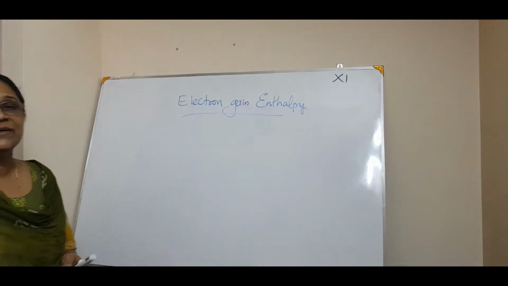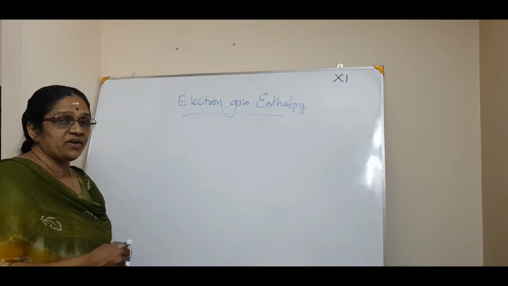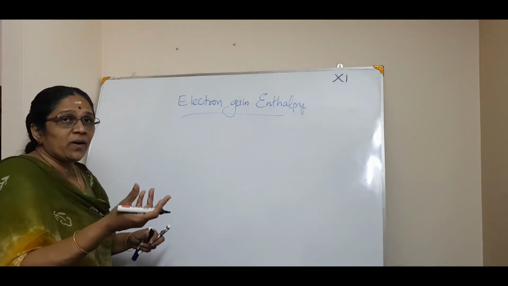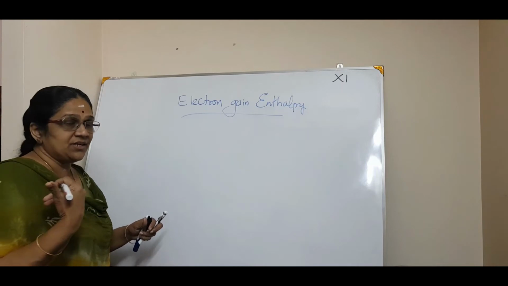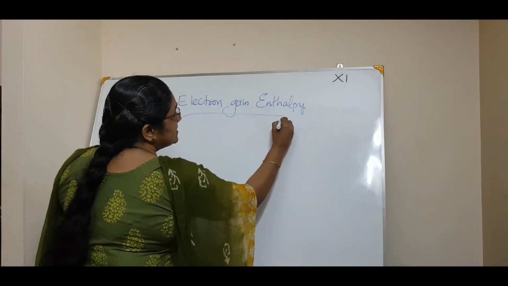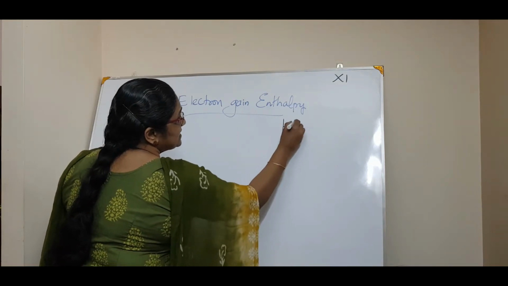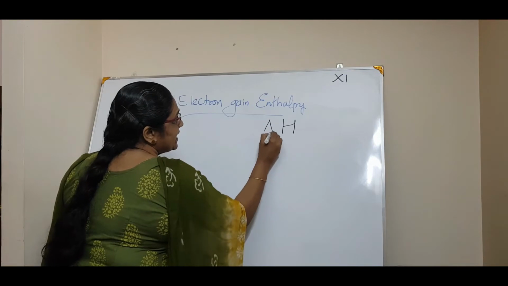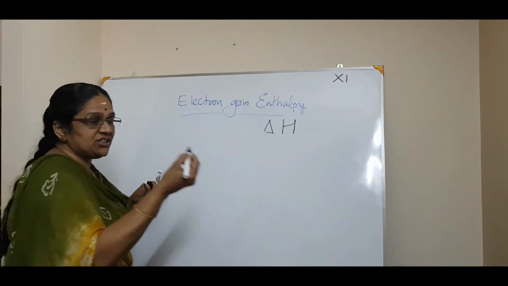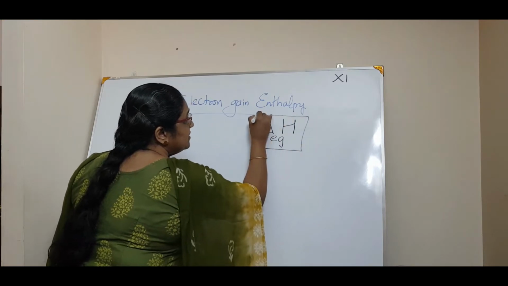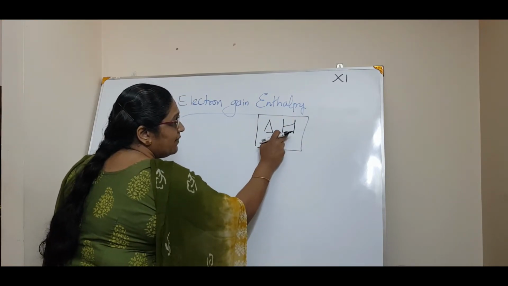There you will come across enthalpy and entropy, etc. Now enthalpy is nothing but the heat change, or the energy required in terms of heat, isn't it? So that is enthalpy. Now this is designated in thermodynamics like this: electron gain enthalpy, H is the enthalpy word. Delta is the change in enthalpy, and electron gain you designate as Eg. Electron gain enthalpy.